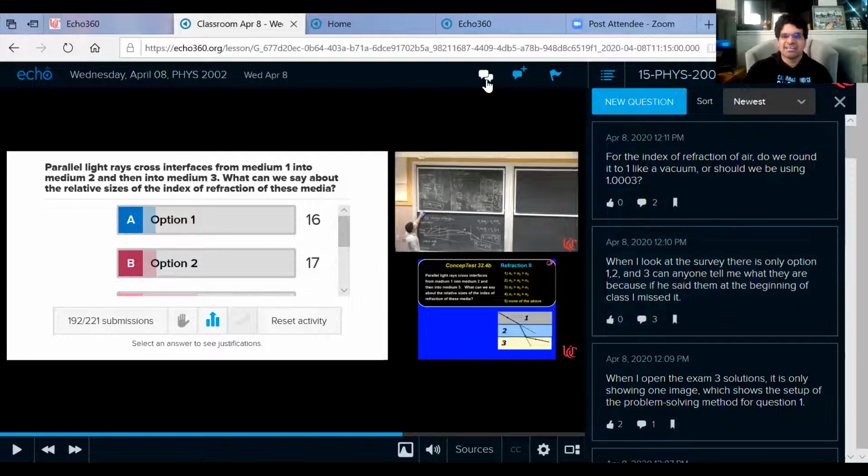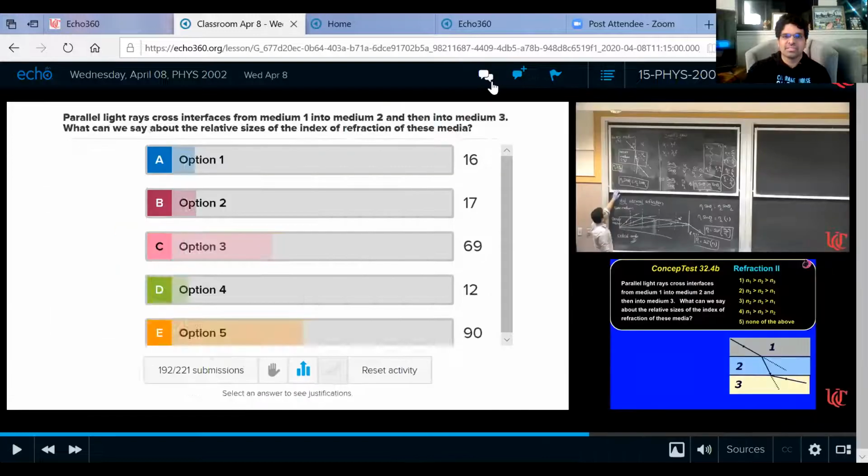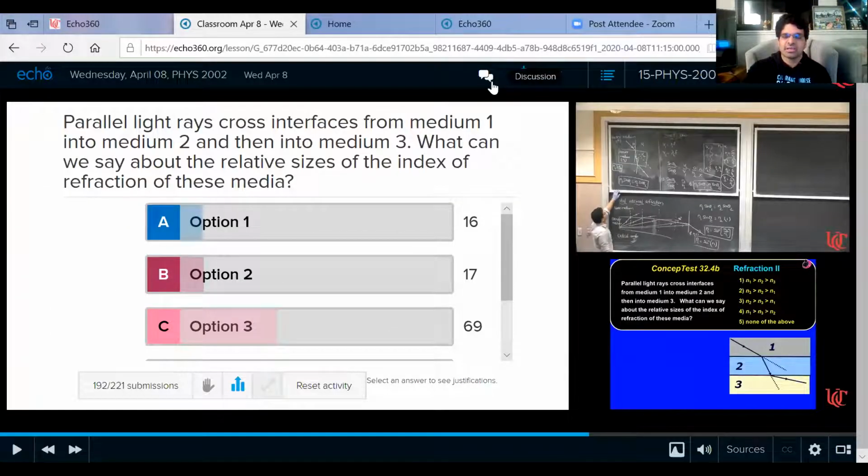And this is the second kind of engagement. You can interact with your classmates. You can talk to your classmates, not with audio, but with the chatting options. You can have a discussion here. And of course, you don't have to worry about whether there will be anyone to answer your questions. Yes, there will be 2 TAs for 2001 and 3 TAs for 2002, and they will be available to answer your questions in real time.